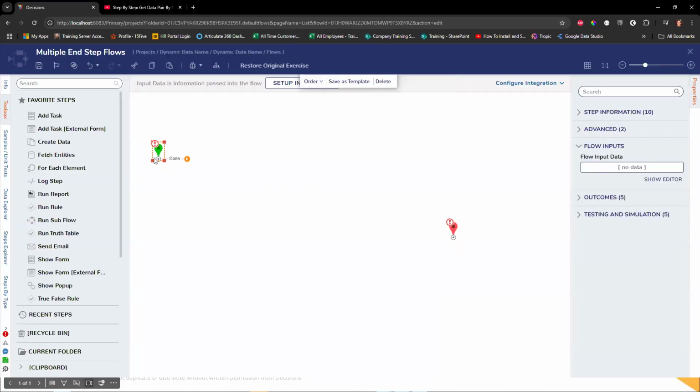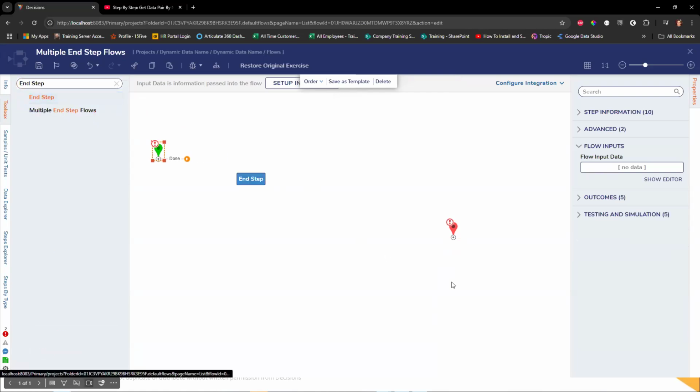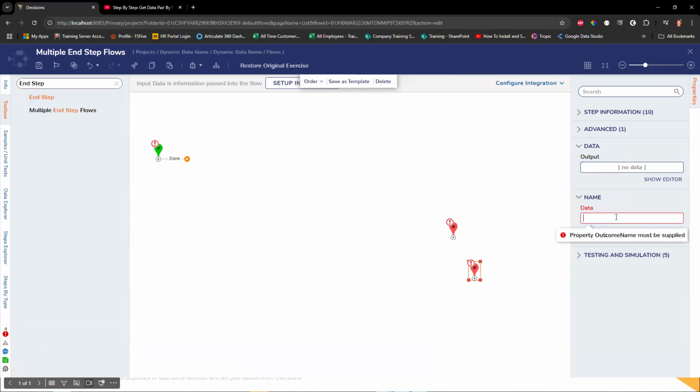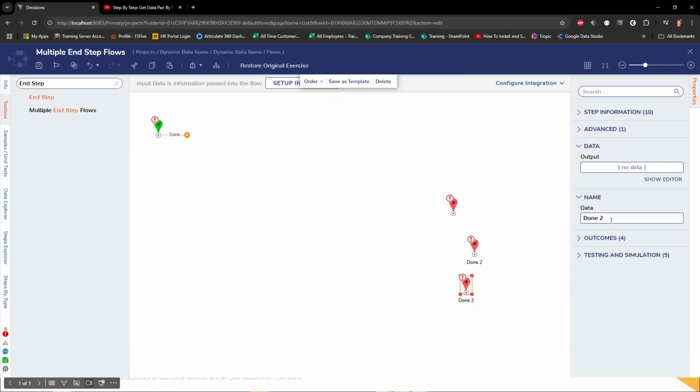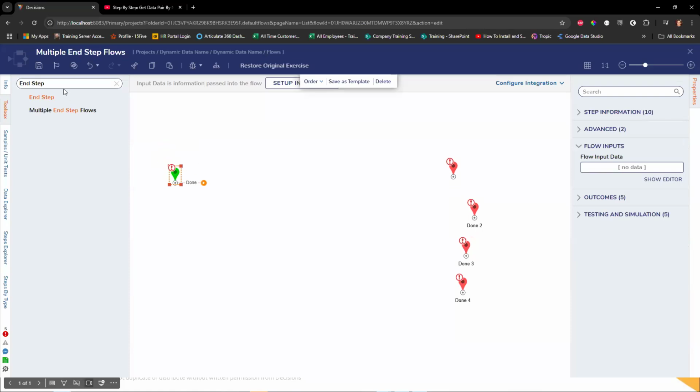So multiple end steps. Here, if I want to have a flow that has multiple end steps, you can grab the end step here and I just have to give it a different name. So this could be done 2 or 3 or however. Then I can copy this, and say this is done 3, and then I can copy this and say this is done 4, right? And let's say I have lots of processes that I want to know. Like let's say I use a string match step,